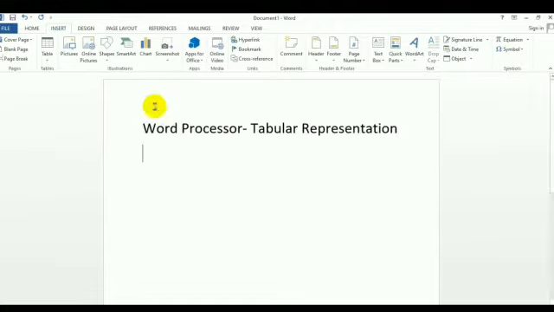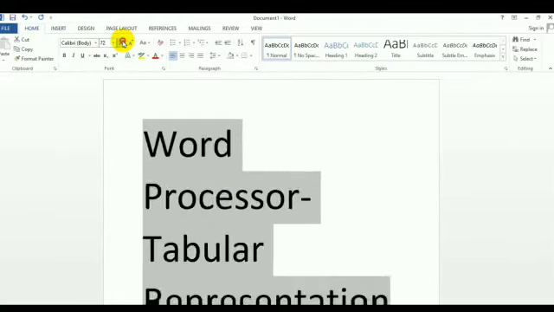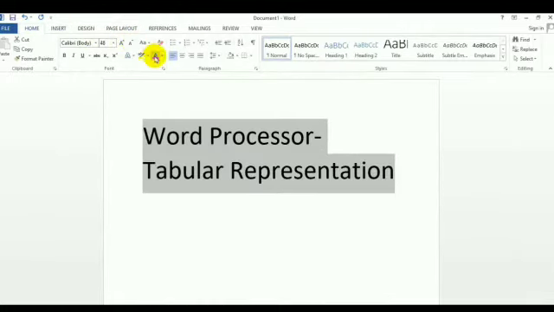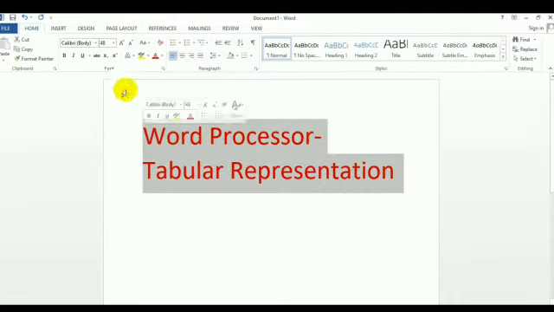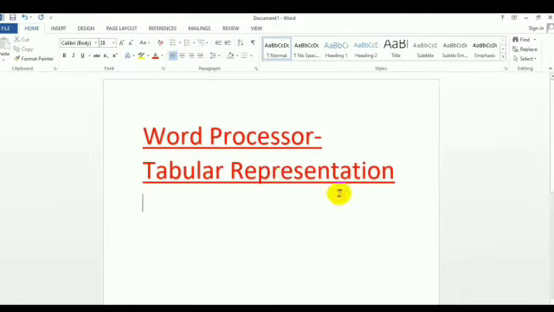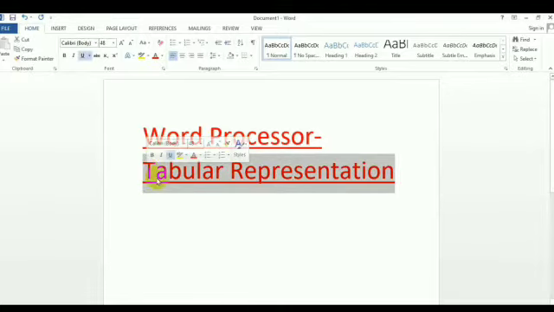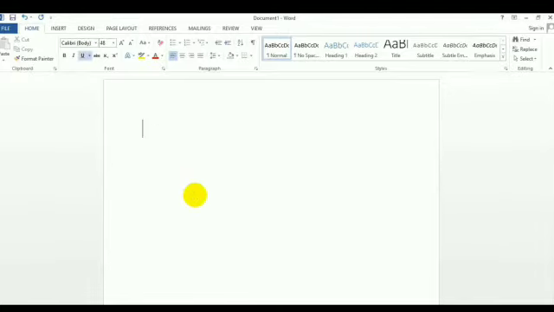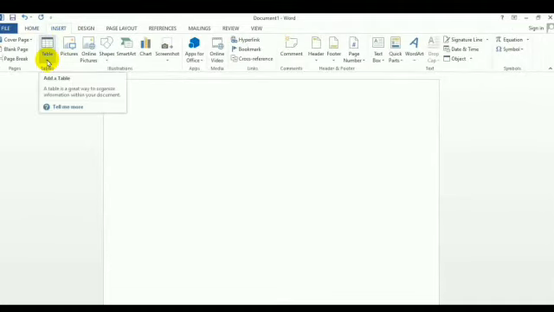So in this session, on tabular representation in a word processor, we will understand how we can manage things, how we can create a table, how we can insert any row within a table, even a column also, and how we can delete the column or rows. All these things we will learn today from this lecture.